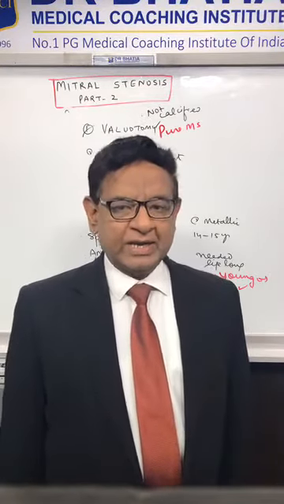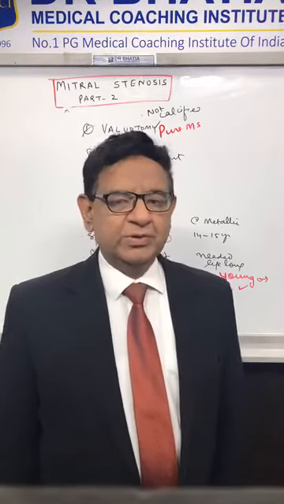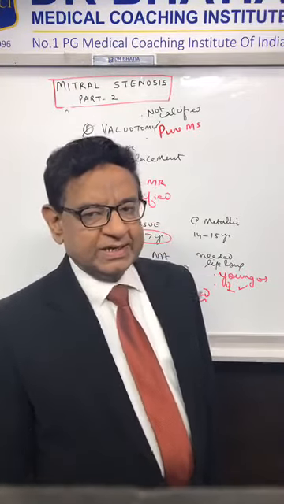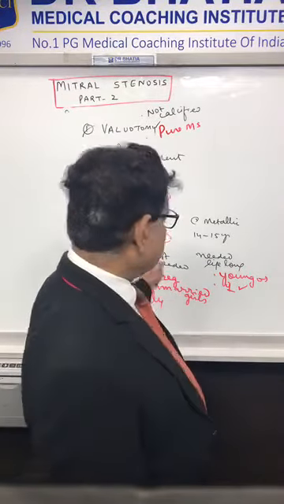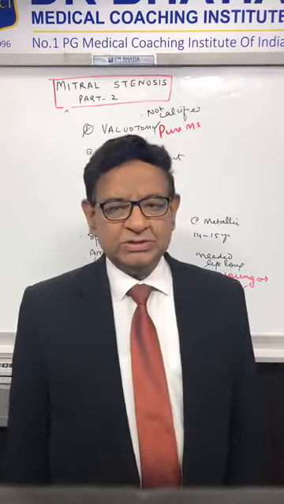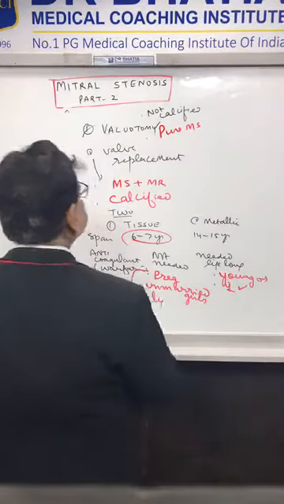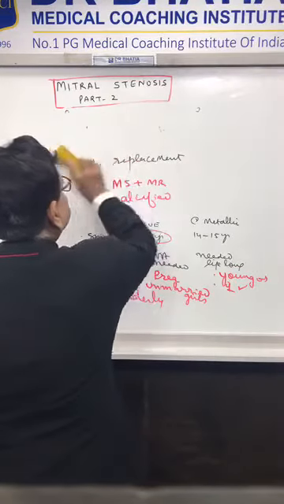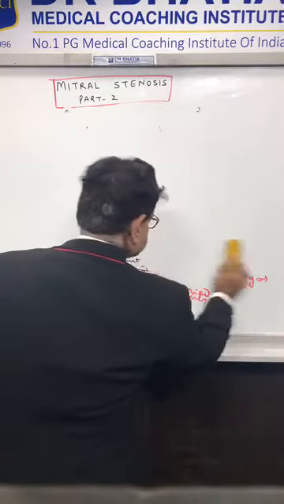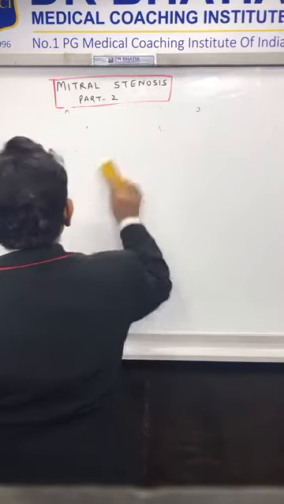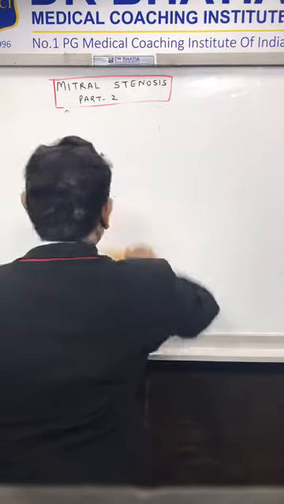So I hope now you are clear about where we use valve replacement, and in valve also, where we like to use tissue valve and where you like to use metallic valve. Now, what complications can occur in case of mitral stenosis? The complications of mitral stenosis are, first of all,